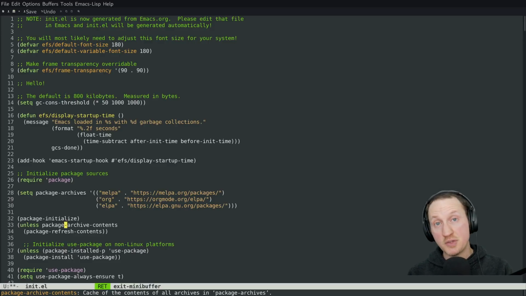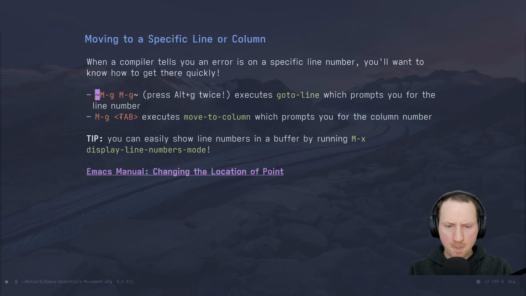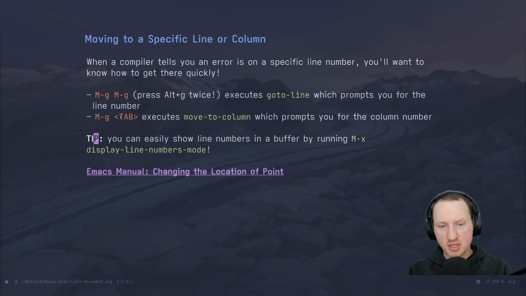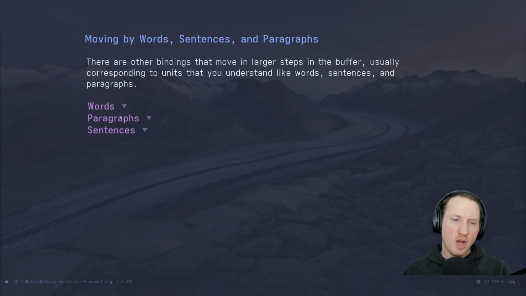Those can be very useful if you do need to jump to a specific location, especially jumping to specific lines, because that comes up very frequently in programming, but maybe also for document editing as well. And like I mentioned, you can easily show the line numbers in a buffer by running the display-line-numbers-mode command. Okay, so now